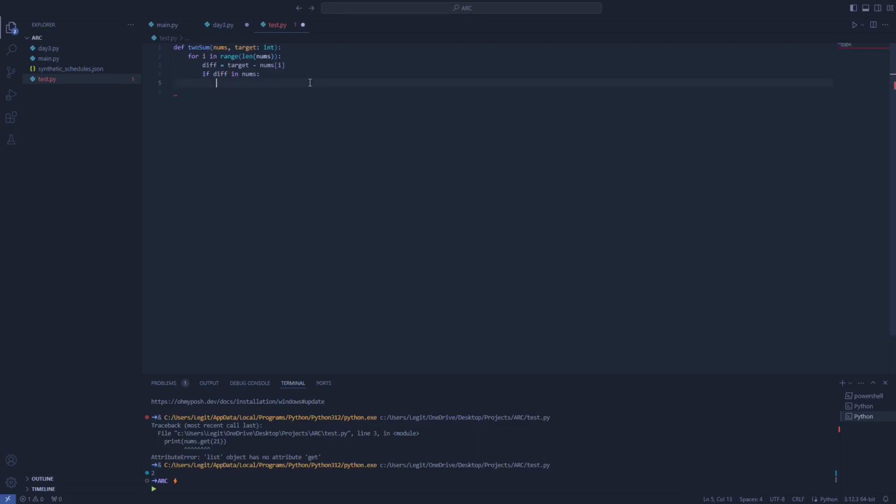So if it's there, we want to check if the difference is in nums and the position, which is going to be nums.index of difference is equal to itself,